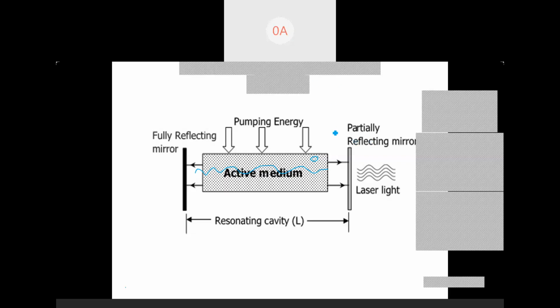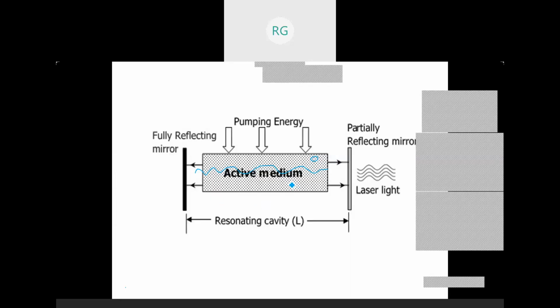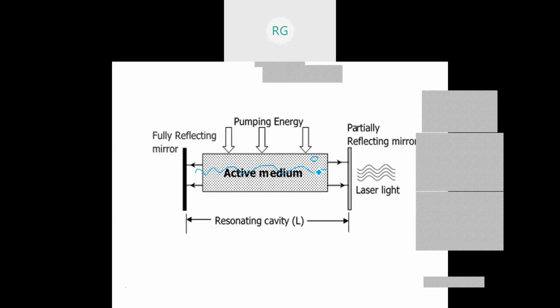Now look at this. This is the most important consequence you have to understand. The most important concept is that one spontaneously fallen photon is going. It is initiating another atom to come down. So this photon goes, this goes. Two photons are coming and they take reflection and both of them will go.